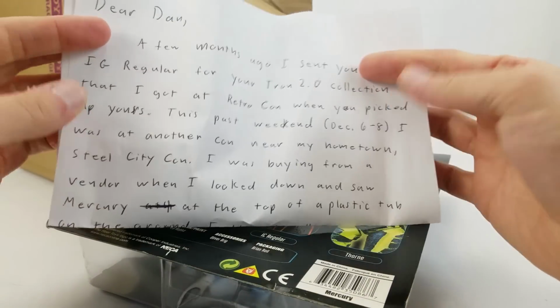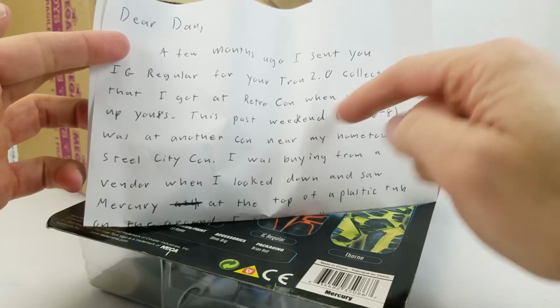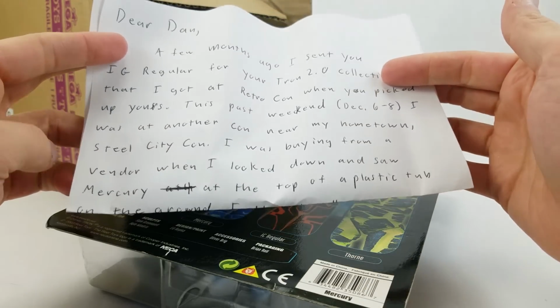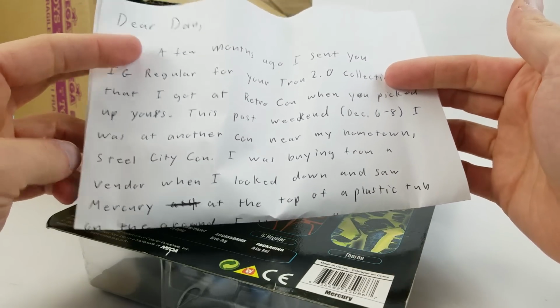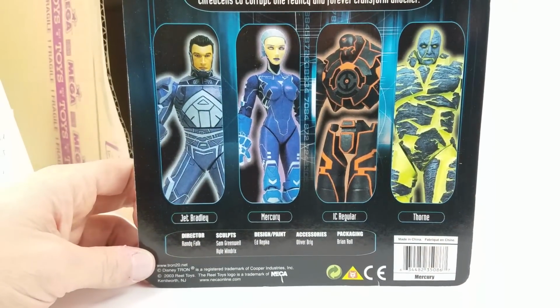I sent you for your Tron 2.0 collection that I got at RetroCon when you picked up yours. This past weekend, December 6th through 8th, I was at another convention near my hometown, Steel City Con. I was buying from a vendor, looked down and saw it. So basically what happened here was back earlier in 2019,